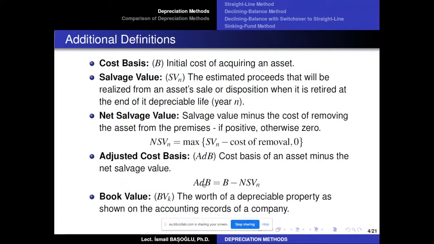Now, we are going to use the adjusted cost basis in the calculation of the depreciation amounts. What is the book value? The book value is the worth of a depreciable property as shown on the accounting records of a company. The book value of an asset can be reduced by the depreciation amounts in each year of useful life. So the book value is the worth of that equipment, that machine, which is written in the balance